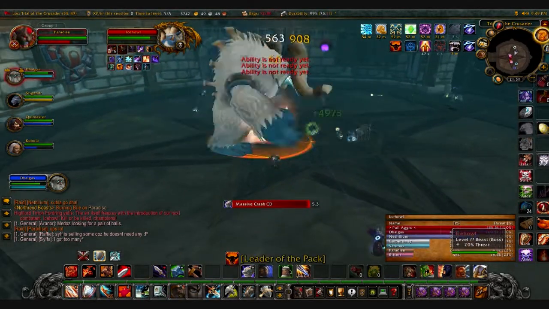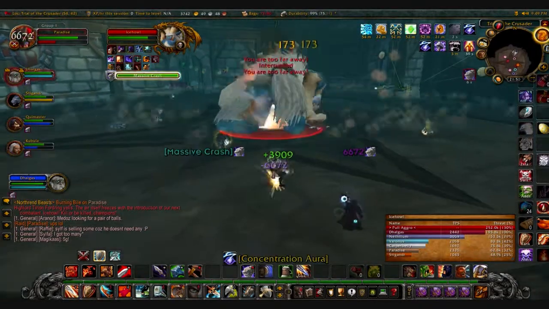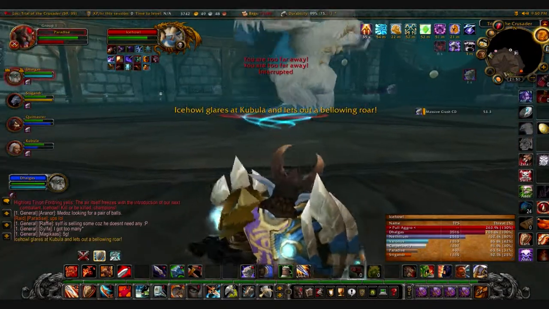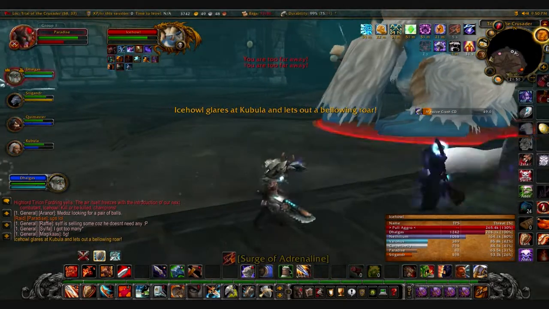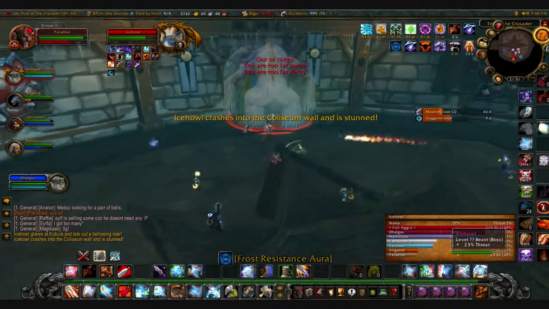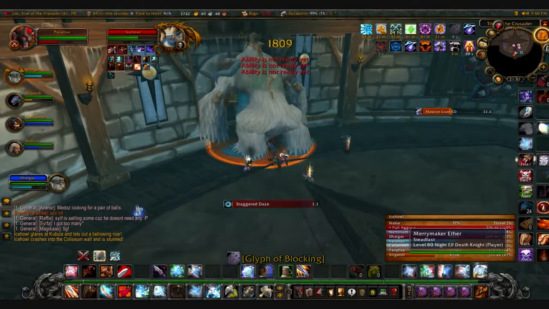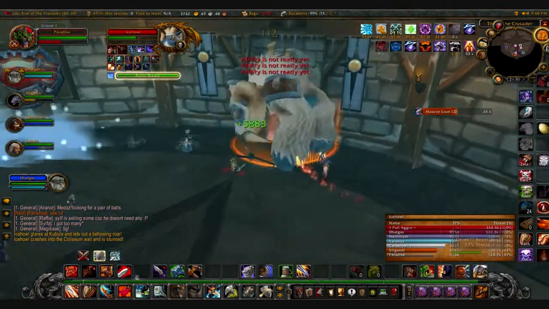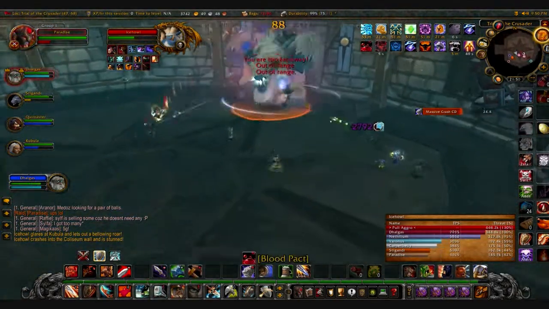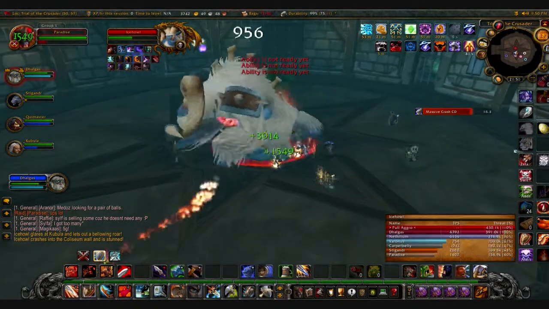The next is a whirlwind ability which does low melee DPS on anyone around Ice Howl and also knocks players back. His third ability starts with a massive crash ability. He will go into the centre of the room and knock everyone back to the walls. He will then target a player, which is indicated by the direction he is facing, and will jump back and